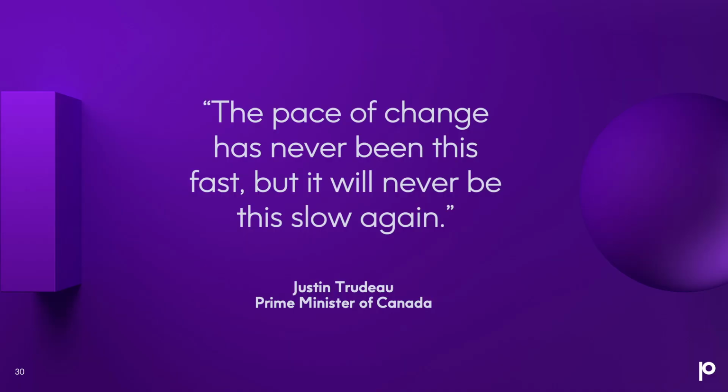And finally, I just want to close with the quote I started with. This quote from Justin Trudeau: the pace of change has never been this fast, but it will never be slow again. As I mentioned, things change very quickly. Obviously, the amount of data that we're collecting, the way we're collecting it, the dynamics in the marketplace are constantly accelerating. And we firmly believe at Precisely that automation is your key to being able to manage that rate of